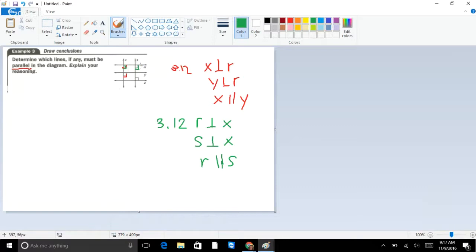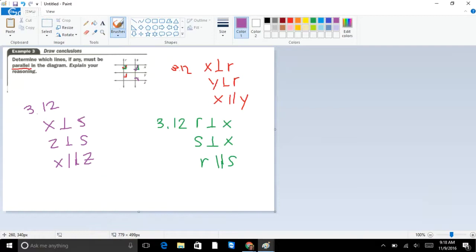Now let's look at lines X and Z. So switch colors once again. We've got X is perpendicular to S, and Z is perpendicular to S. And again, by theorem 3.12, if we have two lines that are perpendicular to the transversal, that means that those two lines are parallel to each other. So we use 3.12